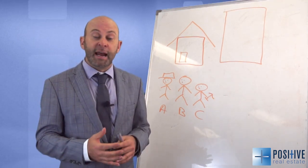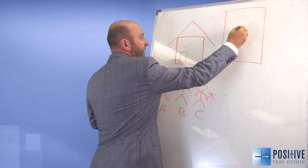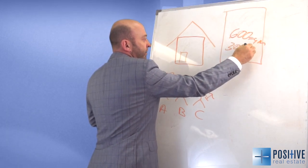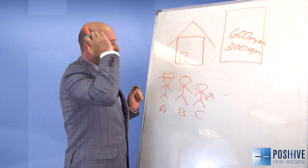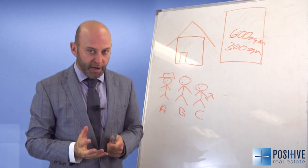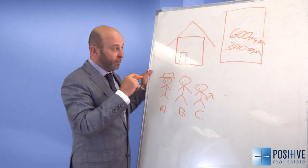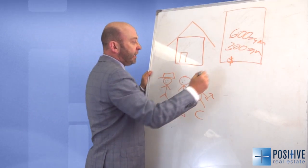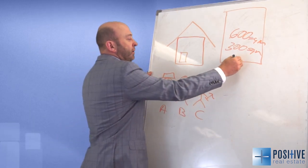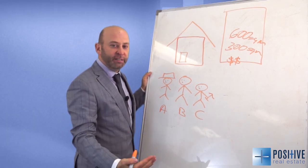In fact, in real estate, what we look for is a piece of land, usually, let's just say, anywhere from 300 to 600 square meters. And on that land, if we can find it in the right area, it will be compliant to building a house. Now, the trick to getting the land is working out what the land costs and how many dollars we can get out of the land by actually getting a bit of a discount on it,